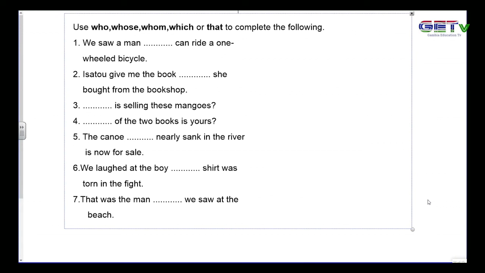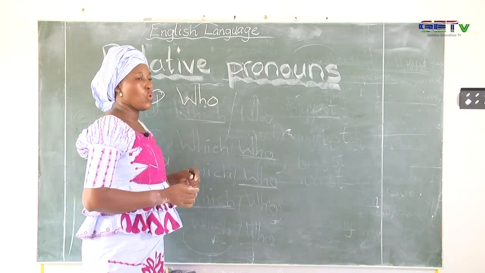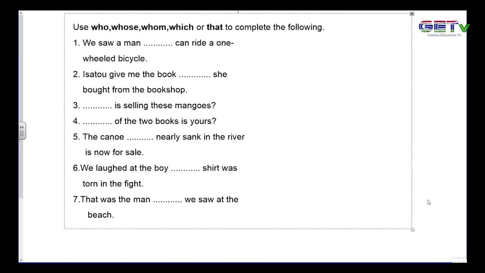1. We saw a man that can ride a one-wheel bicycle. Who, whose, whom, which, and that. Which one can we put here to fill in the blank space in number 1? We saw a man who can ride a one-wheel bicycle. And number 2,